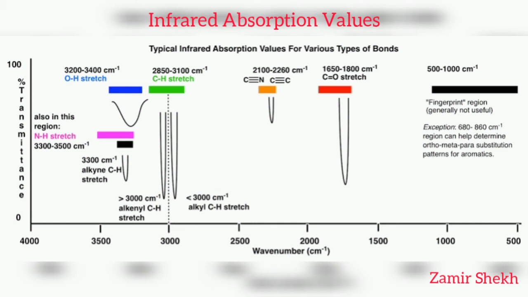So IR is the best technique to elucidate the kind of functionality present in organic molecules, and the spectrum is a two-dimensional graph which records the percentage transmittance versus the wave number, in per centimeter. So this is all about the IR spectrum, and the related frequencies are given with respect to their bands. Okay, so this is the whole spectrum which explains the different functional groups in all ranges.